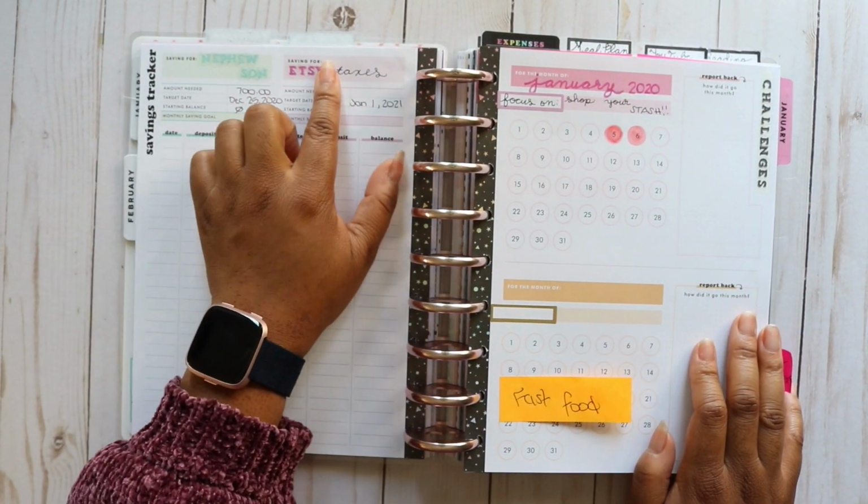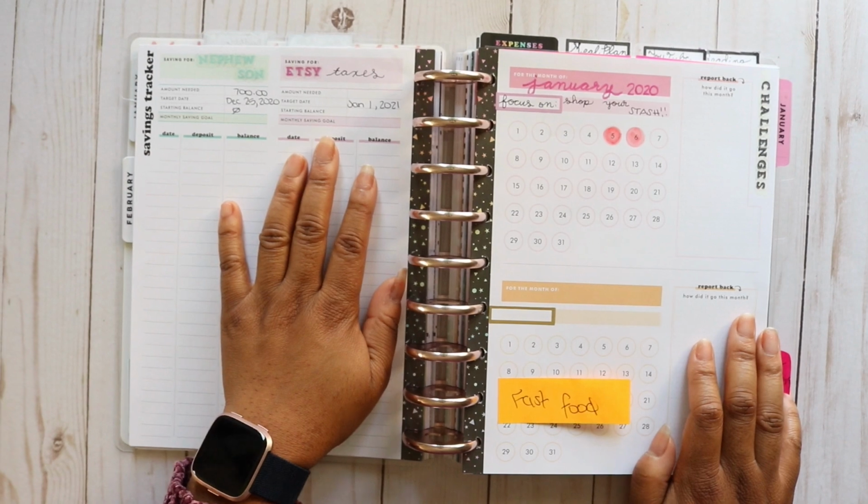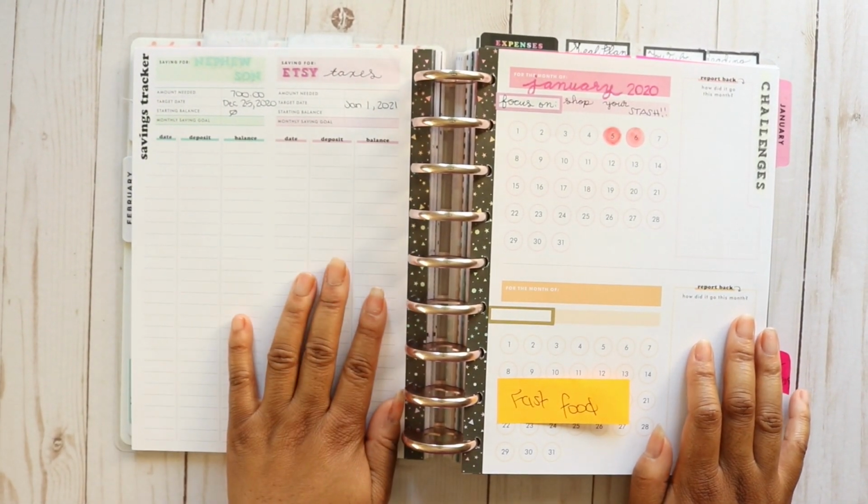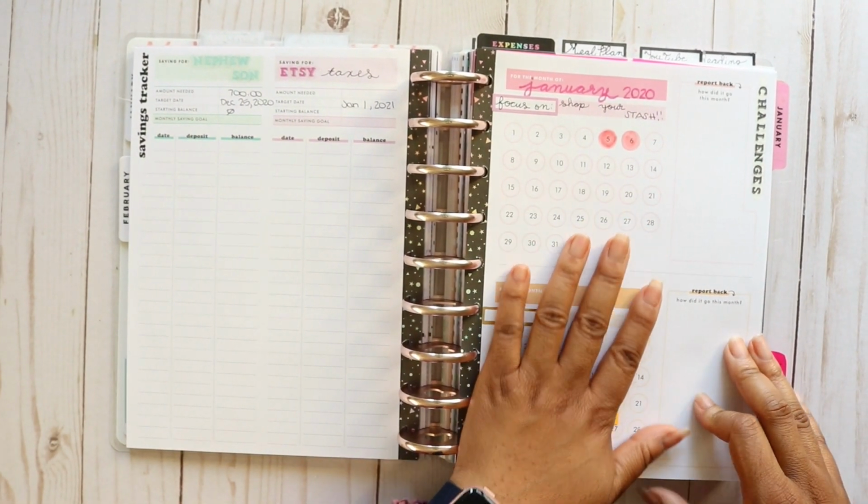And then this saving is for Etsy taxes, because I do sometime this year want to open up my own Etsy shop. So I'm trying to look ahead and prepare for that. Now this originally said,